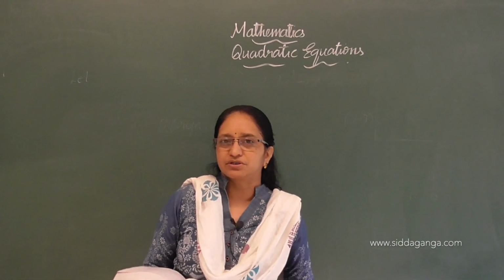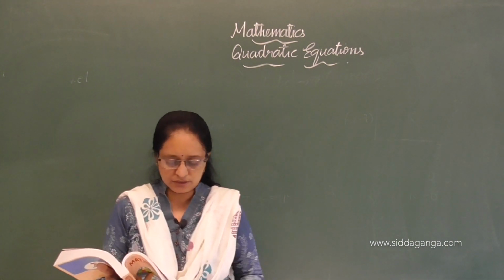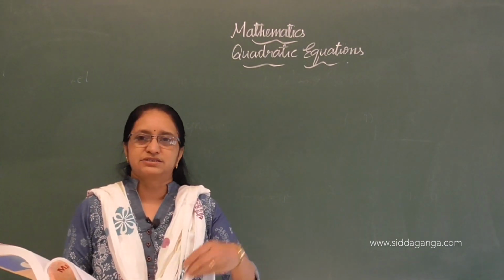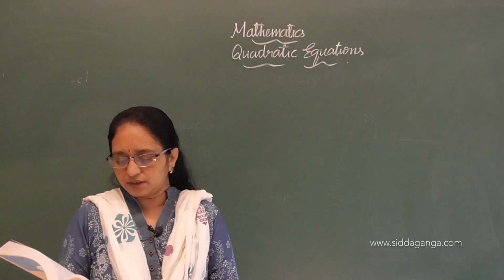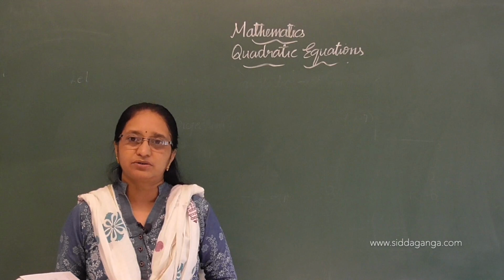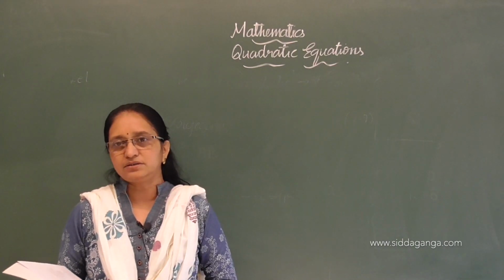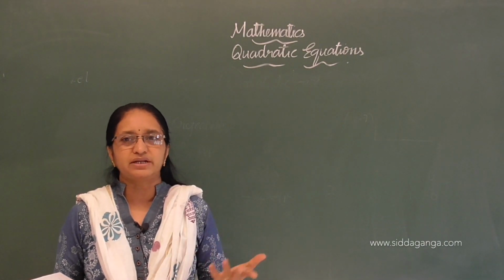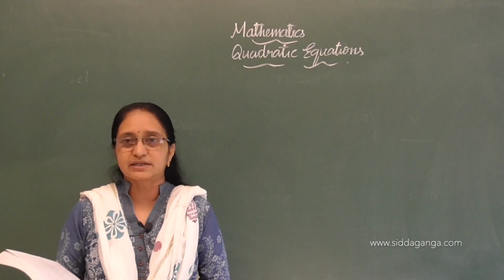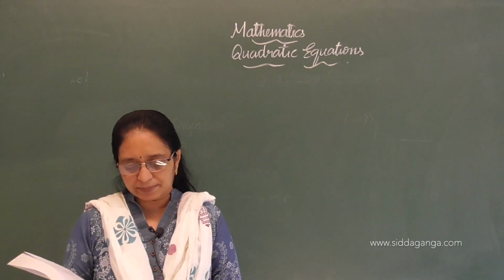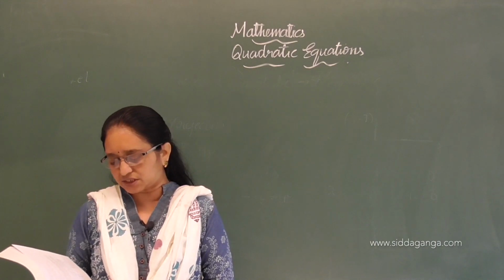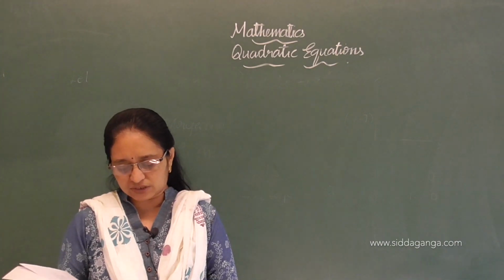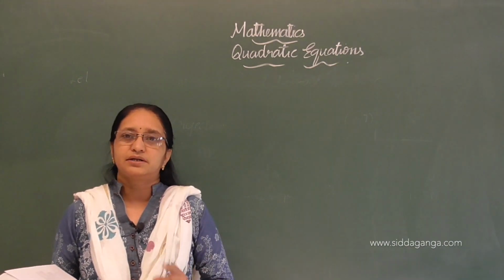So, you should read the question very carefully here. Here the cottage industry produces some pottery articles, you all know. They have not given it, you have to find out the cost of each article and also the number of articles. You have to find out how many articles were produced on a particular day. It was observed on a particular day that the cost of production of each article was 3 more than twice the number of articles produced on that day.